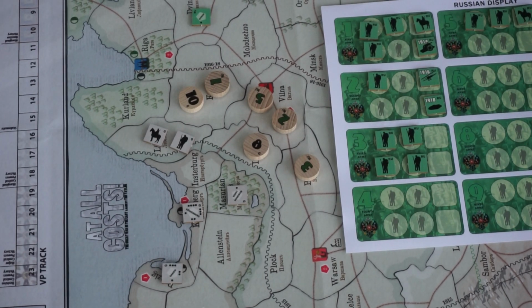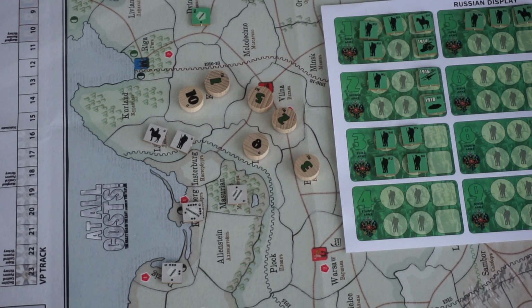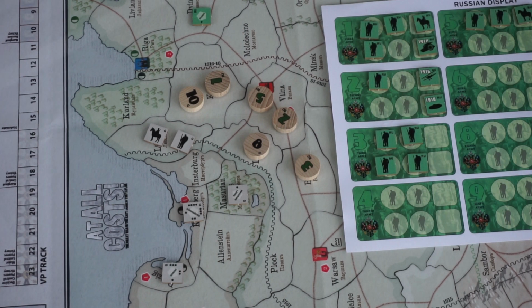Our next release is At All Costs. This is Tim Taylor's follow-up to their game, To the Last Man. That game covered the Western Front of World War I. This one covers the Eastern Front. How about that? There are even rules to play them side by side if that's the sort of thing you're into. We announced this one back in early 2017, so we're pretty excited to be putting it out in the